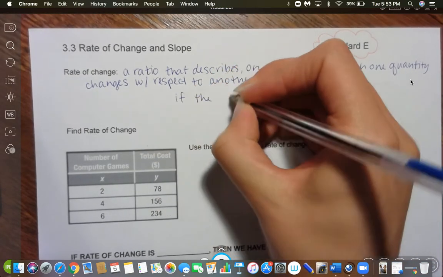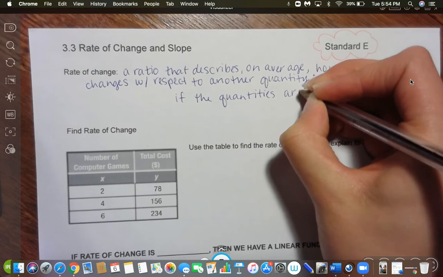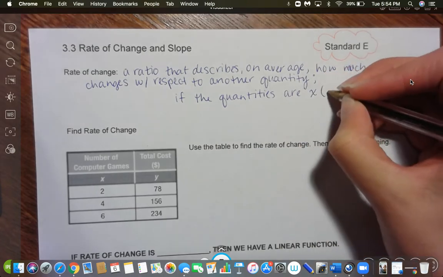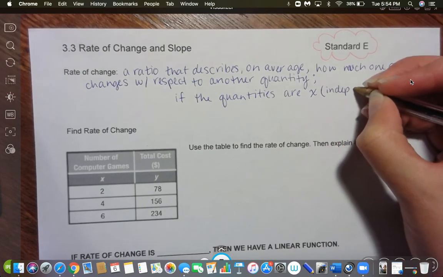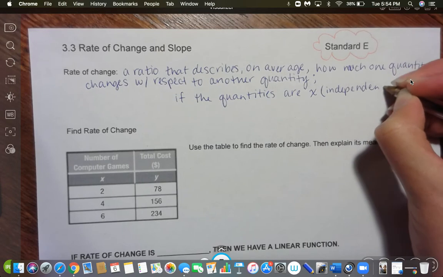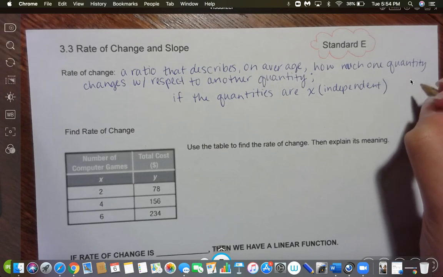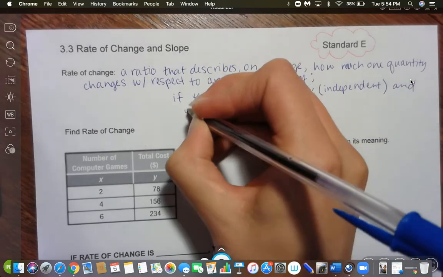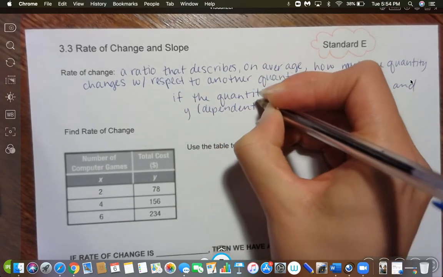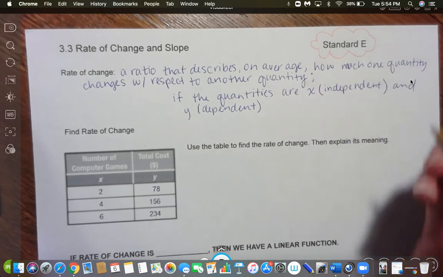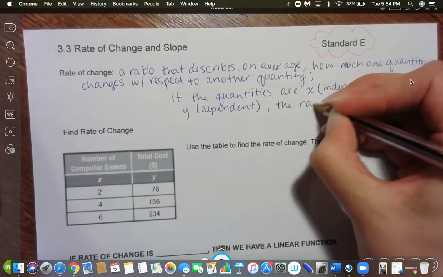If the quantities are x, and x is our independent variable, we always say x is independent, and y being dependent, meaning the value of y will depend on the value of x, then the rate of change is